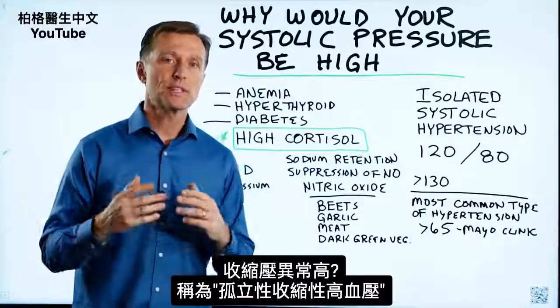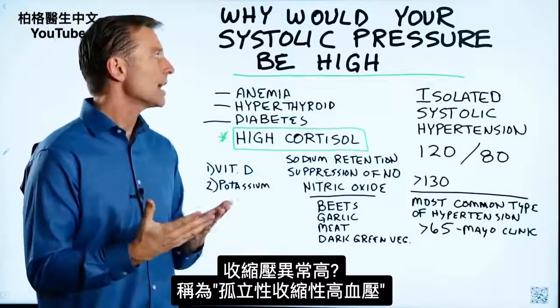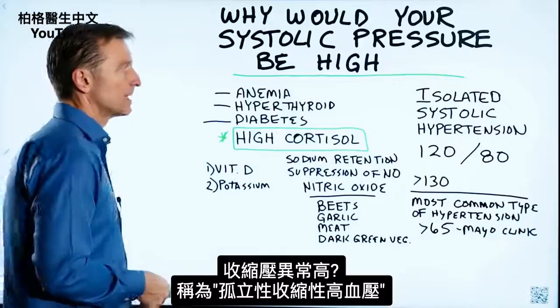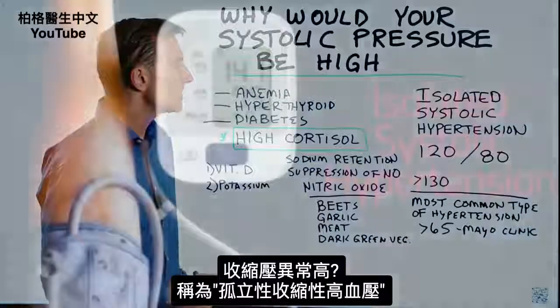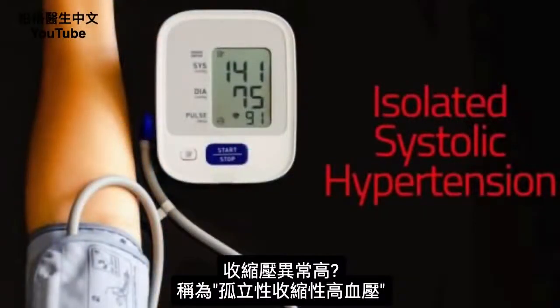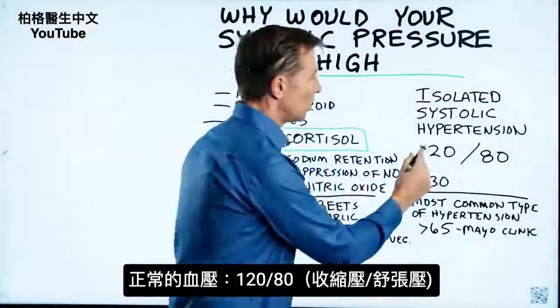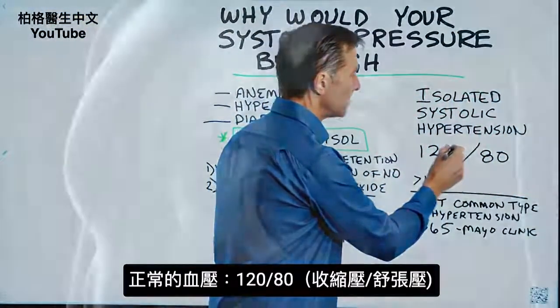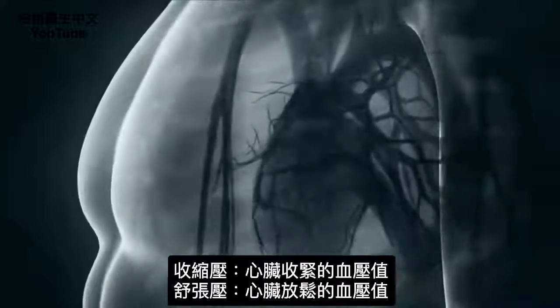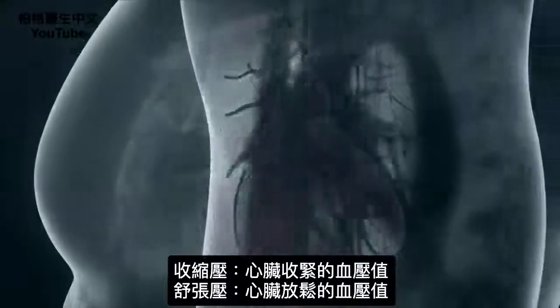So why would your systolic pressure be higher than your diastolic? Well, there's a condition for that called isolated systolic hypertension. Normally, the blood pressure is 120/80. That top number is the systolic, which is the measurement of the contraction of the heart, and the diastolic, which